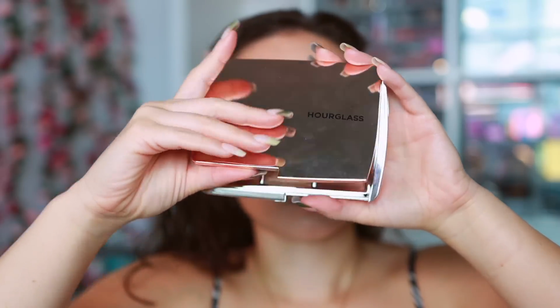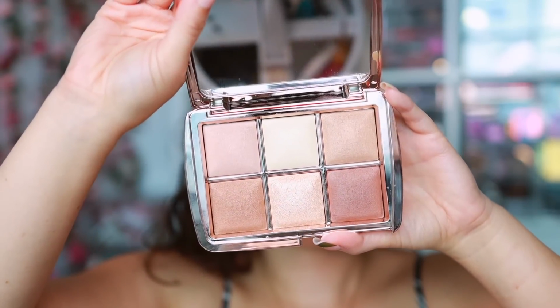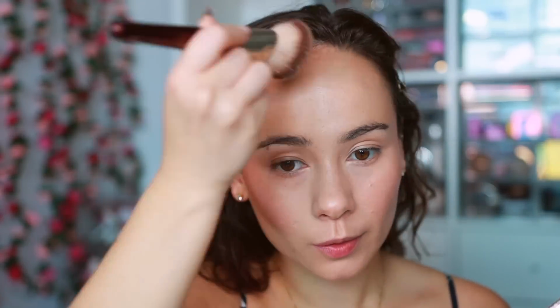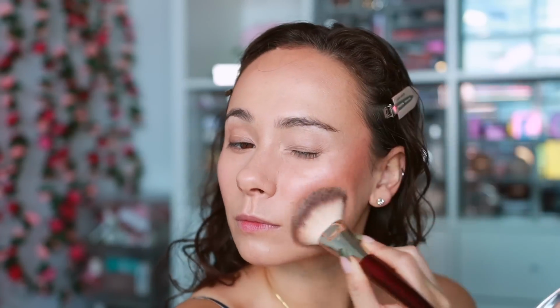And if you don't know my stance on Hourglass powders, they are my favorite luxury powders on the market. They, in my opinion, are a formula that absolutely cannot be duped, and so I've just been enjoying this to set the face, to bronze the face, to add a little bit of glow. It's been great for just a quick complexion look to head out the door. I'll just blend a little bit of concealer all over my face, a little bit of a brow gel, and then I will use this to get the depth and the glow onto my face,